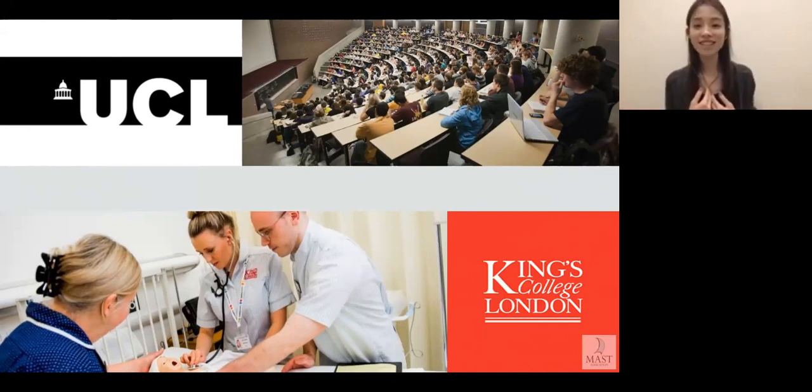So for me personally, call me boring, but I like it when people feed information to me. And so I really lean towards the UCL course because I really like the structure of it, and how I would be learning the content through classes and lectures rather than having to go to workshops. So that's why I put UCL as my second choice and King's as my third. So depending on the way you like to learn, the course structure really plays into your decision.